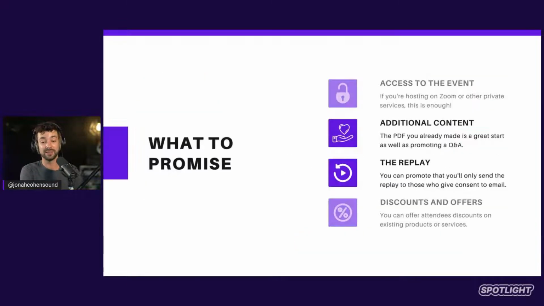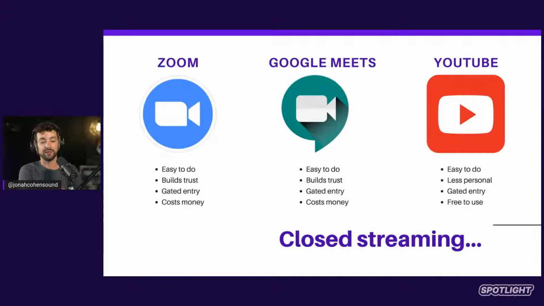So, if you're open streaming, you are going to have to focus your value to catch emails in the additional content and the replay. But these are easy things to promote. If you're going live, you can say, hey, if you can't attend the actual event itself, or if you want a replay in the future, pop your email into the link in my bio. Or anyone who attends the live event and puts their email in here will get the replay and additional value, things like that. So you're going to want to focus on those for open streaming.